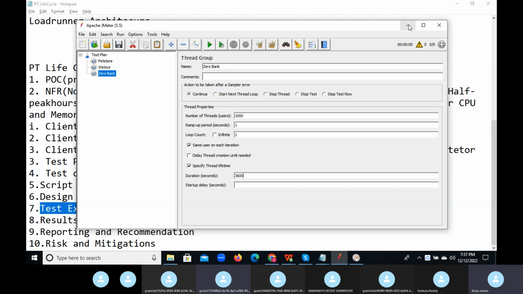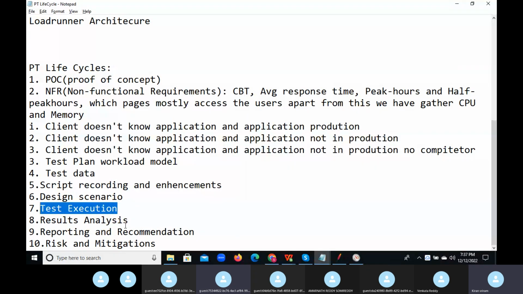So after the test is completed, we need to do results analysis, like for each and every transaction, how much response time we are getting. Those things we need to read, and then reporting and recommendations. Like we executed this many users, we observed that CPU and memory are not good. If you face any risks and mitigations, you can mention them in the reporting document. So this is the end-to-end testing process you can follow for any application, like if you are doing LoadRunner or anything. Okay,